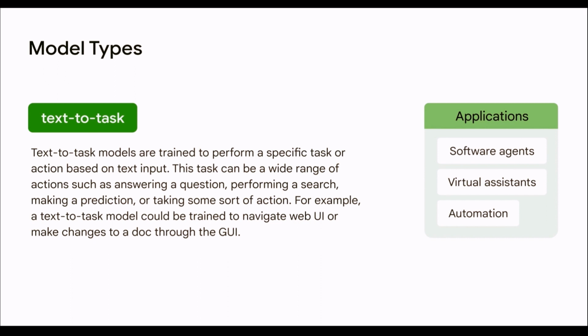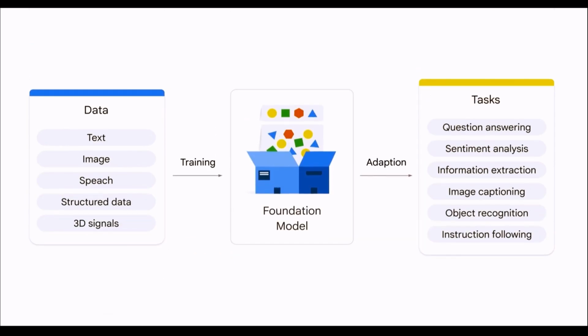For example, this can be used in games or other 3D worlds. Text-to-task. Text-to-task models are trained to perform a defined task or action based on text input. This task can be a wide range of actions such as answering a question, performing a search, making a prediction, or taking some sort of action. For example, a text-to-task model could be trained to navigate a web UI or make changes to a doc through